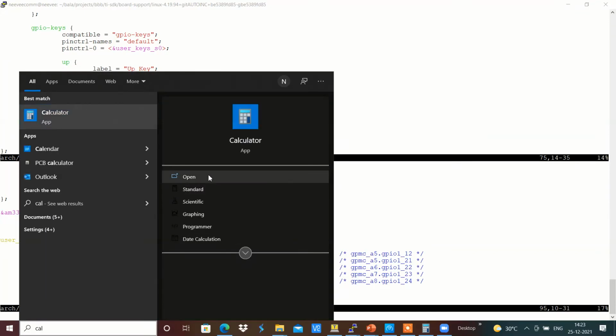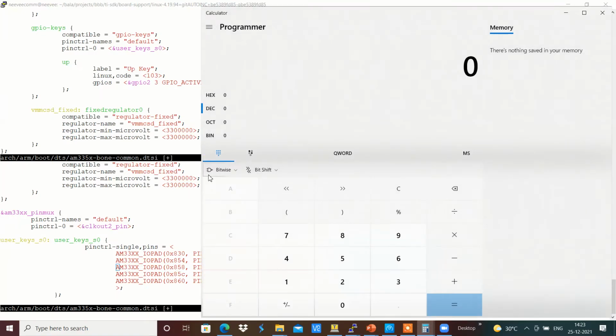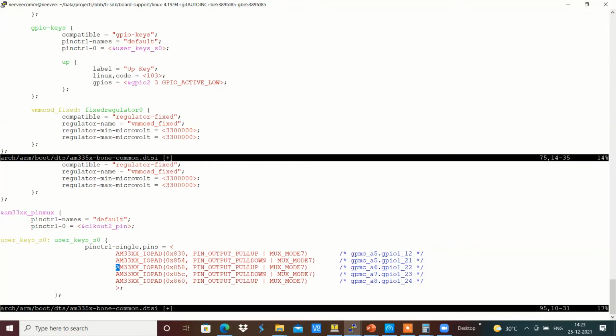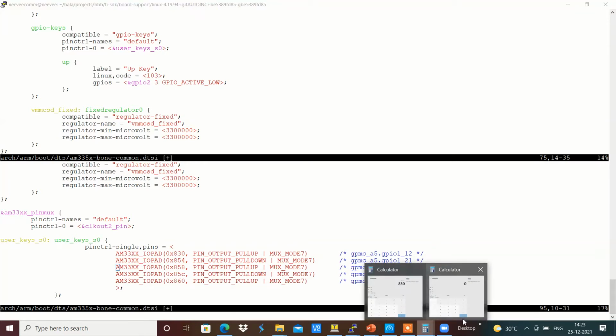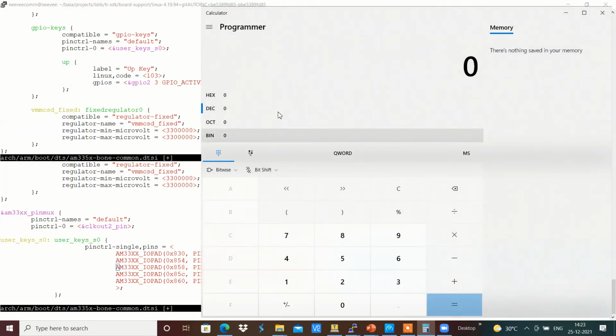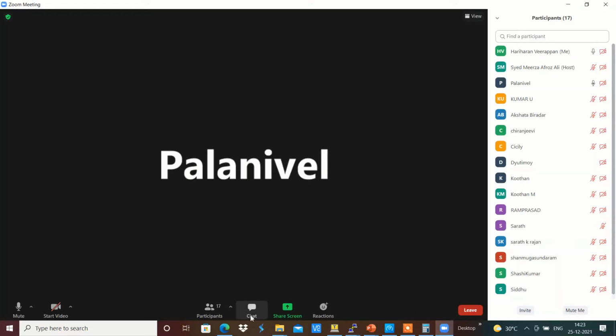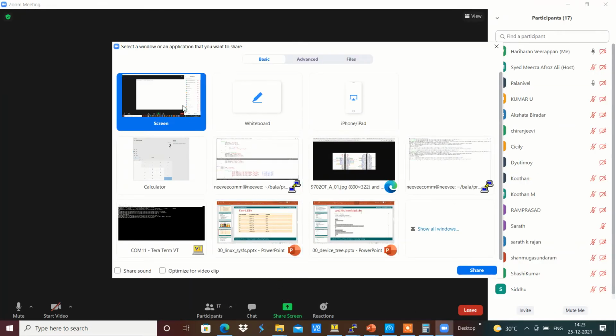Calculator. I think your screen is not visible.